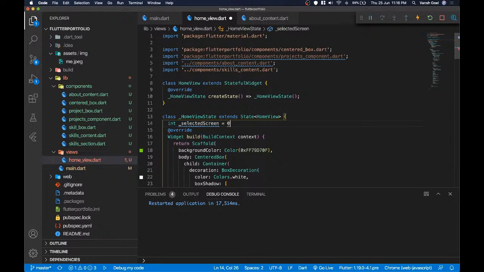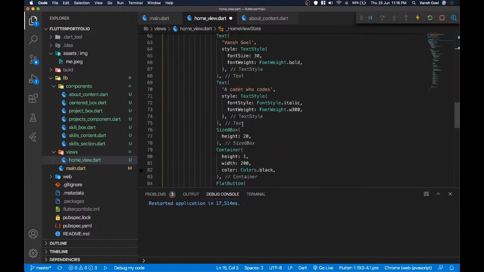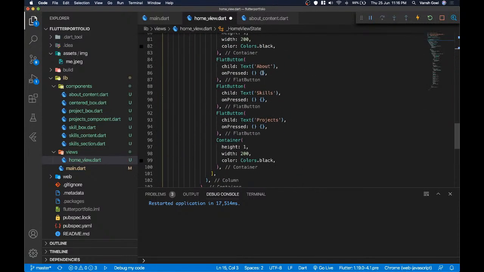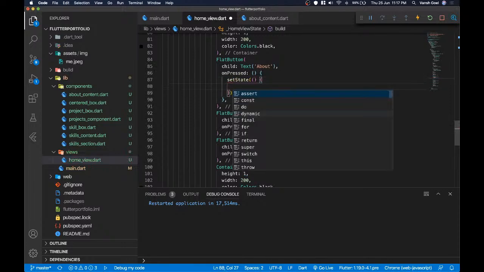Say 0. This initial screen will be the 0th screen. We'll have 3 screens: 0, 1, and 2. Okay. So inside this function, for a stateful widget, there's something called set state. Now what set state does is